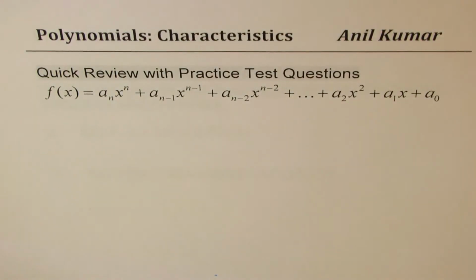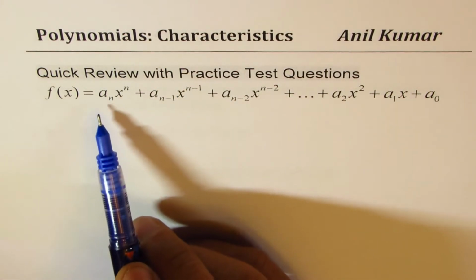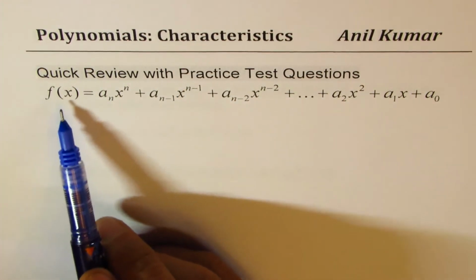Now it's actually time to discuss. So let's now, without wasting much time, quickly go through what we know about polynomials. The idea is a review. So I'm assuming that this is the end of the semester, right? You know, but you might have forgotten a few things as you did this as the very first chapter in functions or advanced functions. So let's begin with the polynomial equation, which is given here as f of x equals